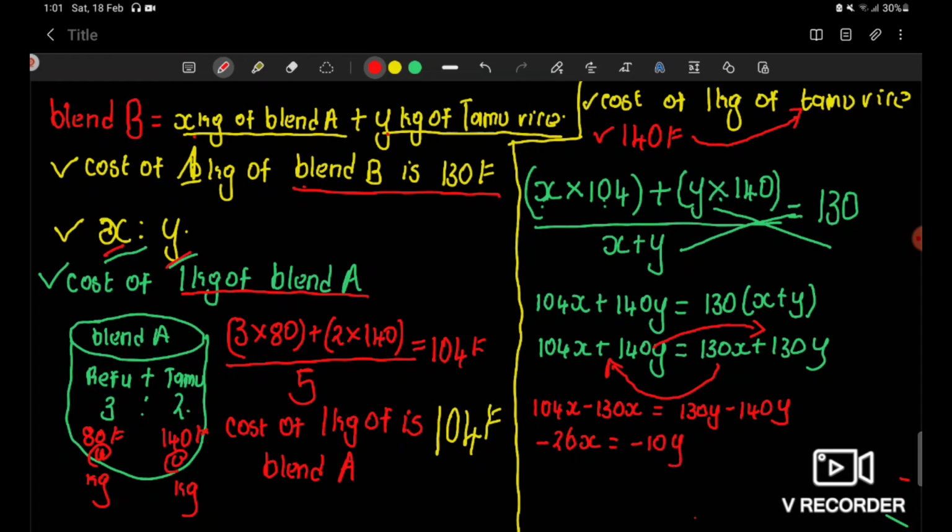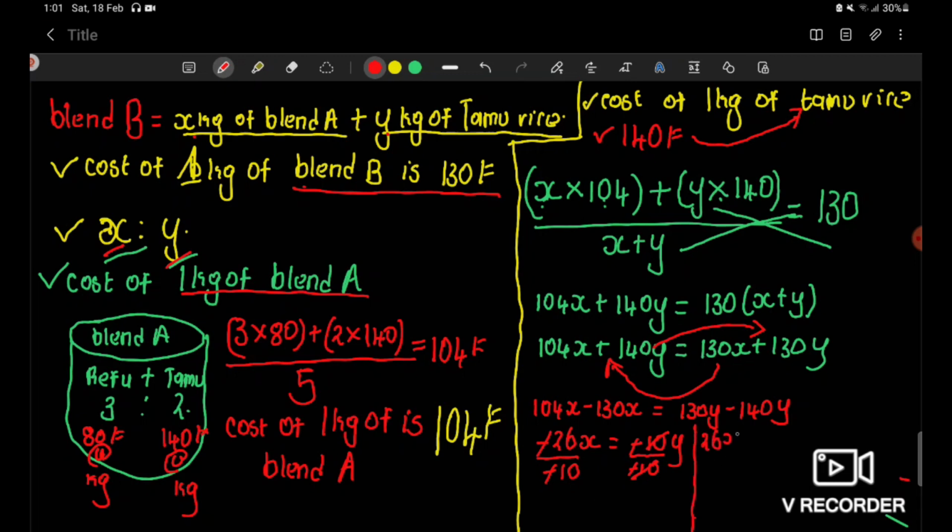So don't let the negatives complicate it. If we had done it the other way, we would have gotten positive. So here all you need to do is divide by negative 10, divide by negative 10. This will cancel, negative will cancel, here negative will cancel. So here we will remain with